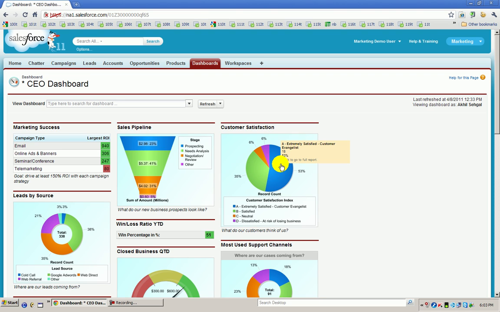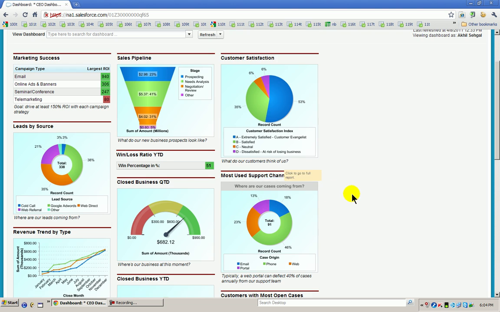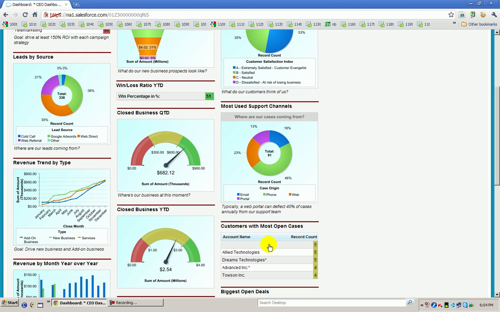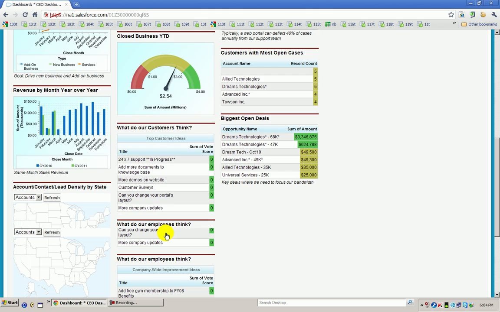You just send a link, they click on the link and give feedback, and based on that feedback you get the customer satisfaction. Now, lead by source, right? In that way you will get the customer with the most open cases, the biggest open deals organization-wide, all this stuff will come.